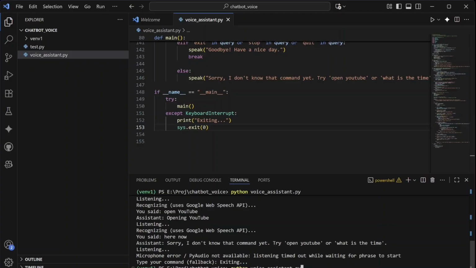So now you can expand this project further by adding commands like opening apps, reading the newspaper, or even controlling